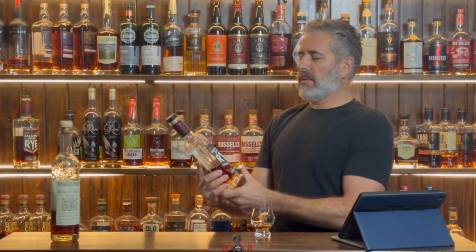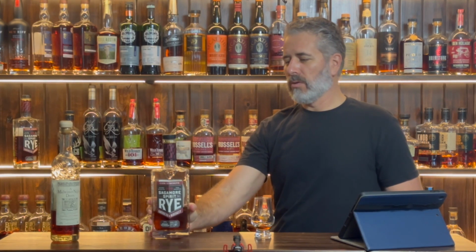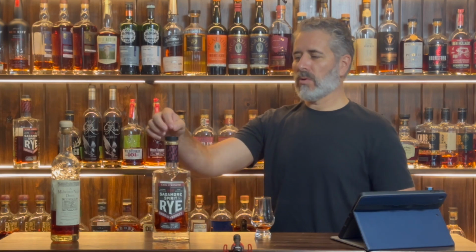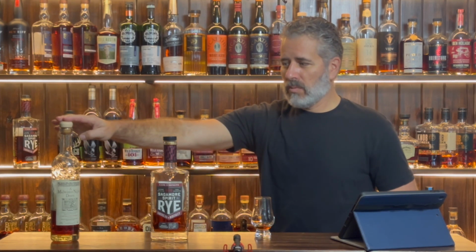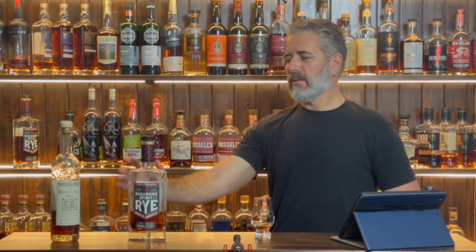is Sagamore Spirit Cask Strength Rye. This thing is 112.2 proof, and it is a blend, right now at least, of Sagamore Spirits rye whiskey and MGP rye whiskey, which is like Midwinter Nights Dram, anything from High West, it's a blend of their rye and MGP's rye. So we're going to take 2 parts of the Sagamore Spirit,